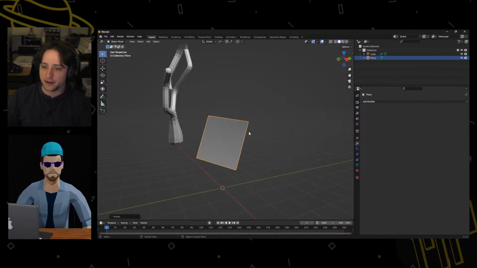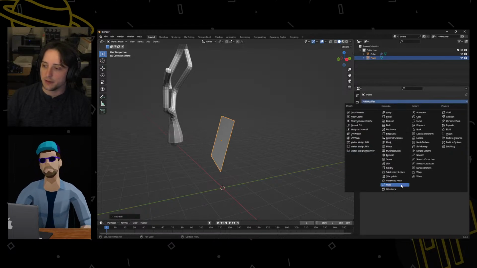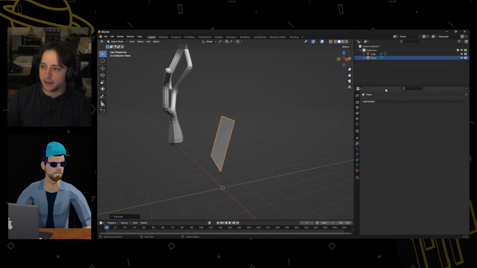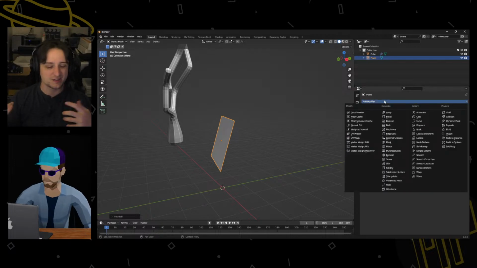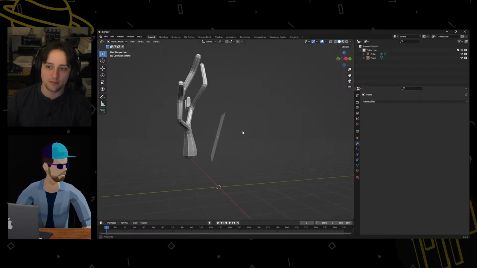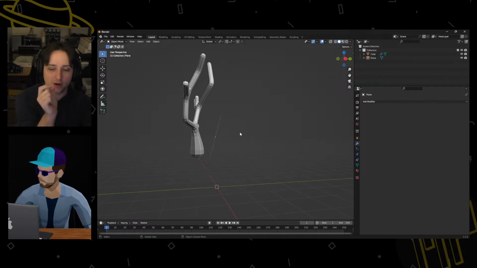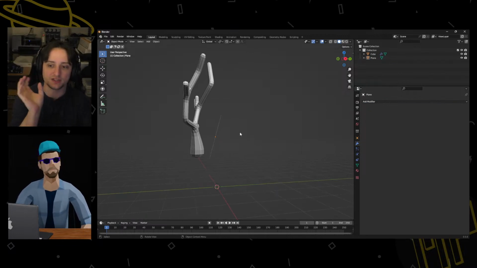So with solidify, what you can do, and I do use this one quite often, is solidify things. So I have this flat plane, right? If I wanted to say this was a shirt or something, and everything has some thickness to it, because this plane is like microns thin. It really has no